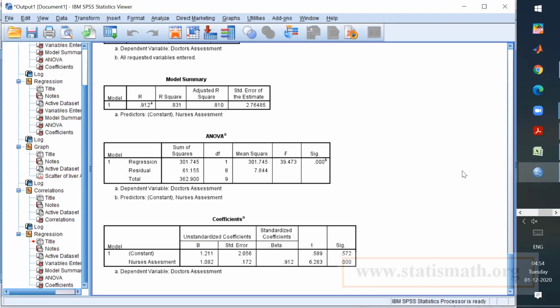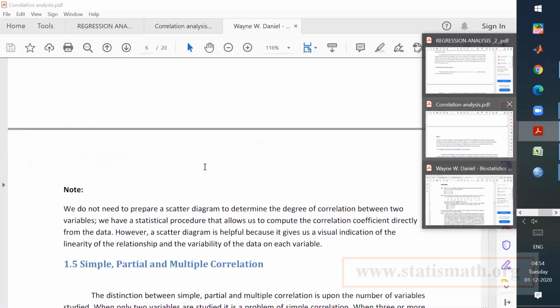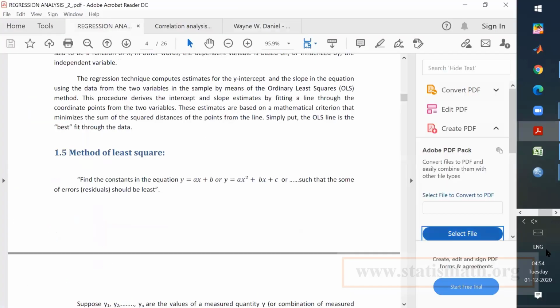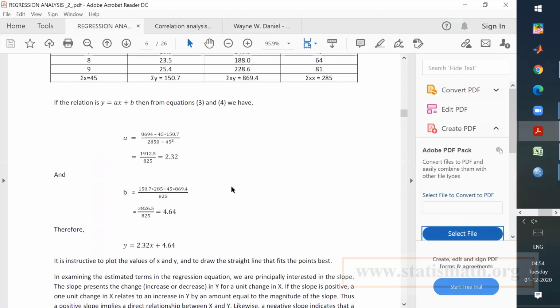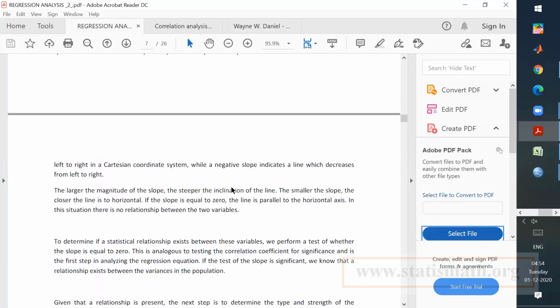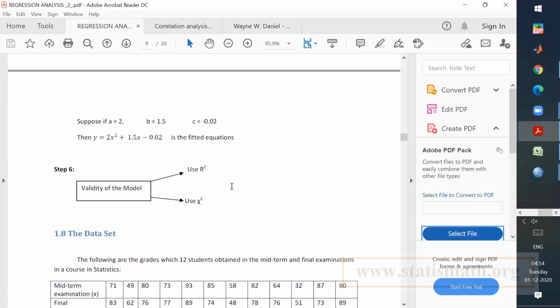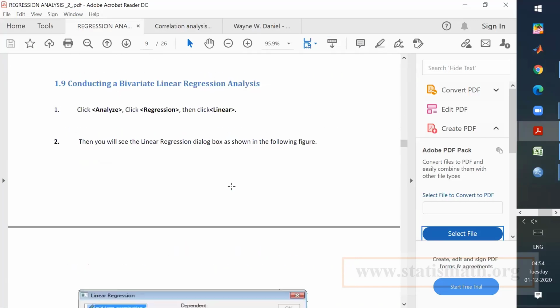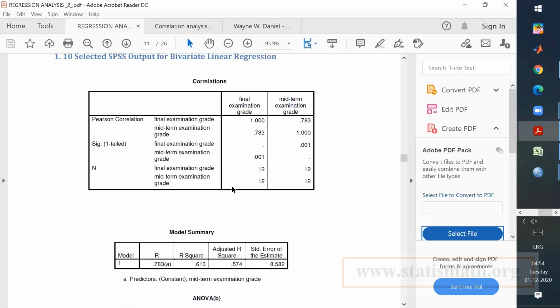Then after that, I'll show you the work which I did. This is the manual part which I did. So you need to pick up these values here, right?